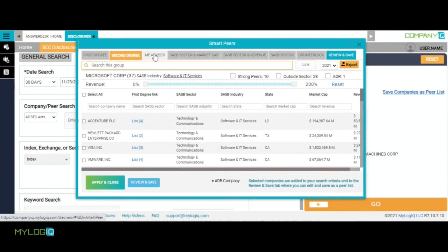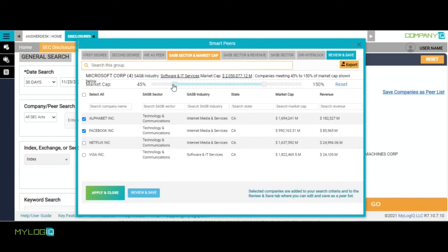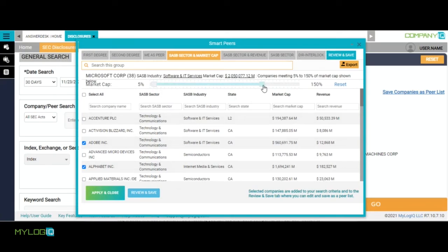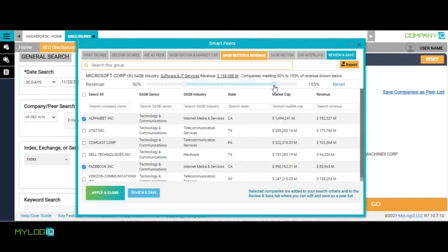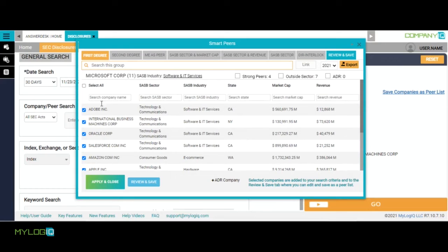You might also add peer companies by SASB sector, market cap, and revenue. In the SASB sector and market cap tab, you can adjust the slide bar to a specific market cap between 0 to 200%. You can also adjust the slide bar to a specific revenue range in the SASB sector and revenue tab. Once you have finished selecting companies, you might click on Apply and Close to add the companies to your